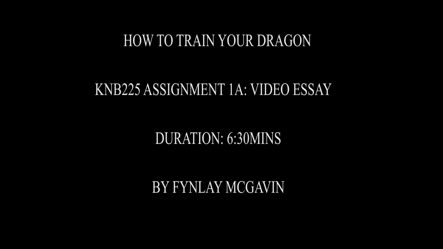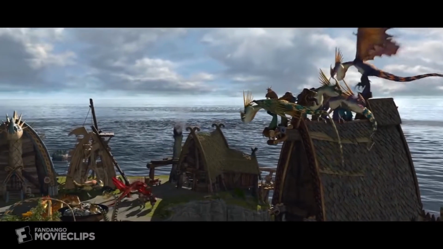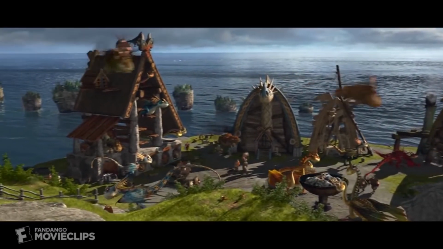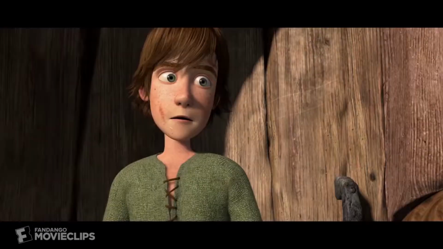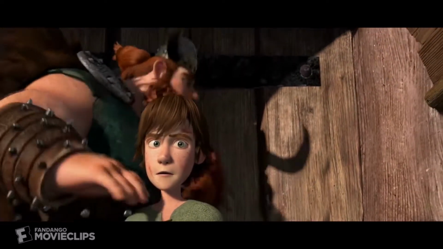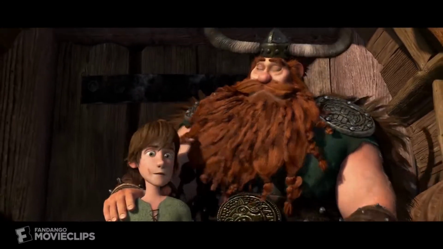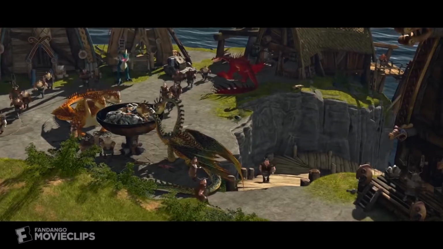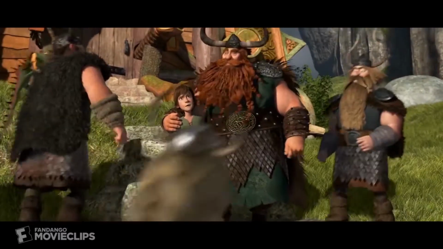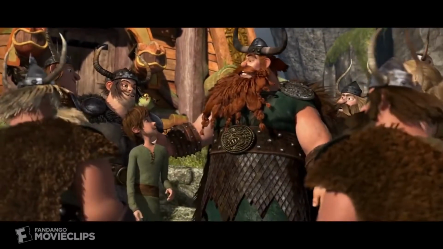Produced in 2010 by DreamWorks Animation and written by William Davis, Dean DeBlois, and Chris Sanders, and based on Cressida Cowell's novel, the 3D computer-generated film How to Train Your Dragon is an outstanding piece of animated work. Through its use of the 12 principles of animation, it creates as well as embellishes believable characters and their emotions, so much so that the viewers of this film can distinguishably relate in some way, shape, or form to any of the characters that are portrayed.